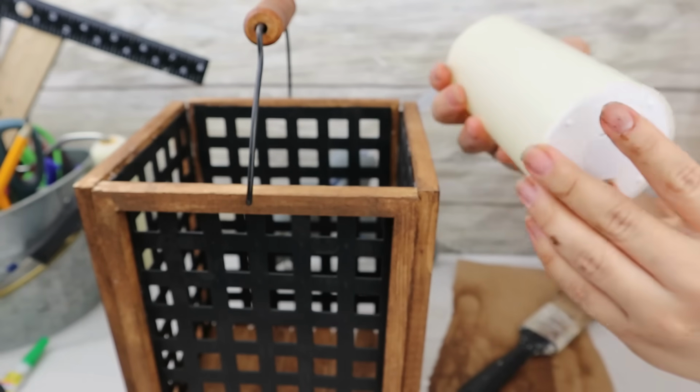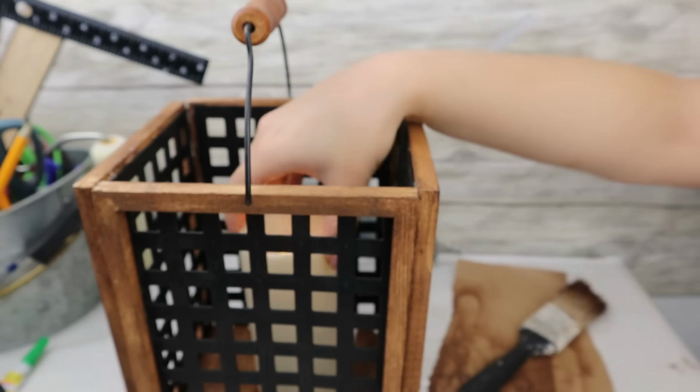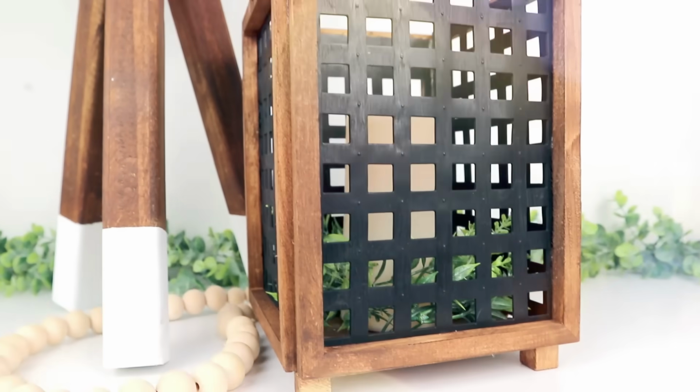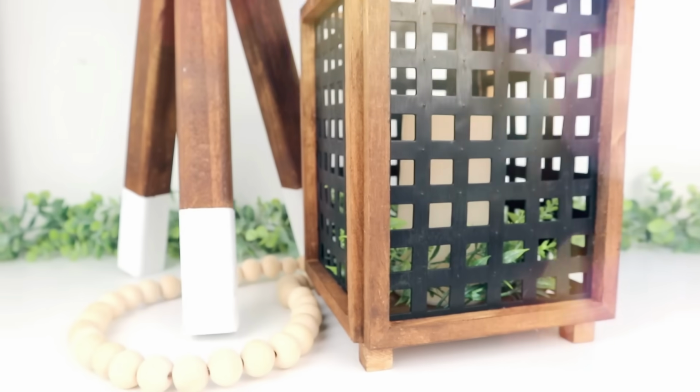Inside of this lamp, you can put a battery candle and also some greenery that you like, and guys, this will be the result. And it looks super cute with a high-end look. It has a good size, and it only cost me like $5 to $6 to make,